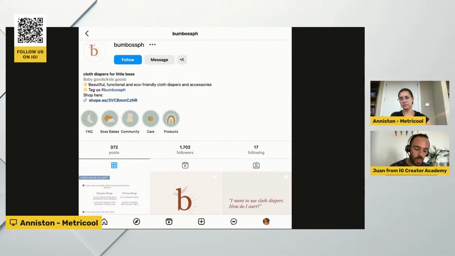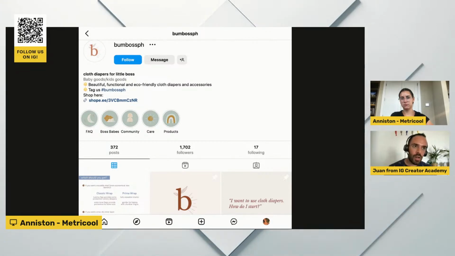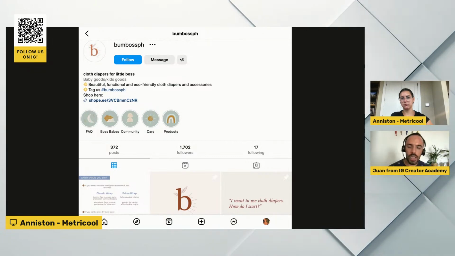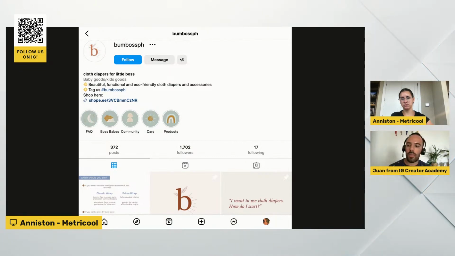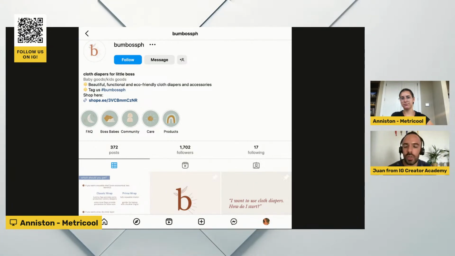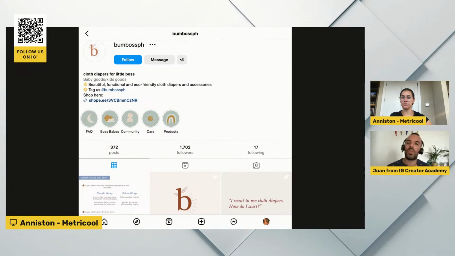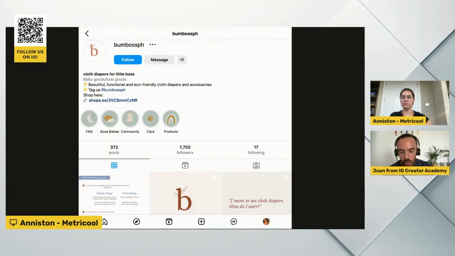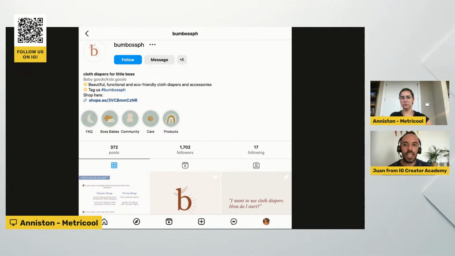What I've seen that works really well with product businesses is that they also show where their products come from, and if it's fair trade, for example, and where the products are created, and if you can show behind the scenes, like if they're handmade, for example, if it's women that make them, then show that process as well. All of those stories humanize your brand even more, and it takes it from just being a product to being an actual brand. Yeah, definitely.